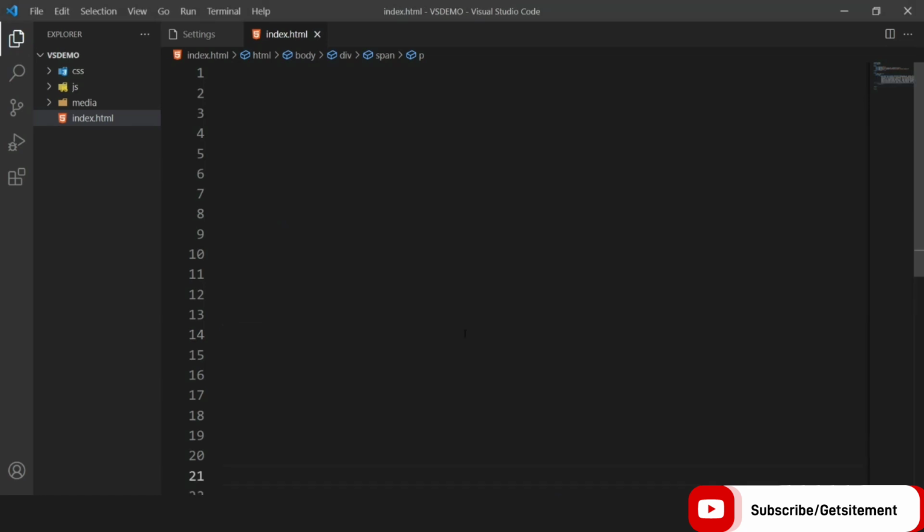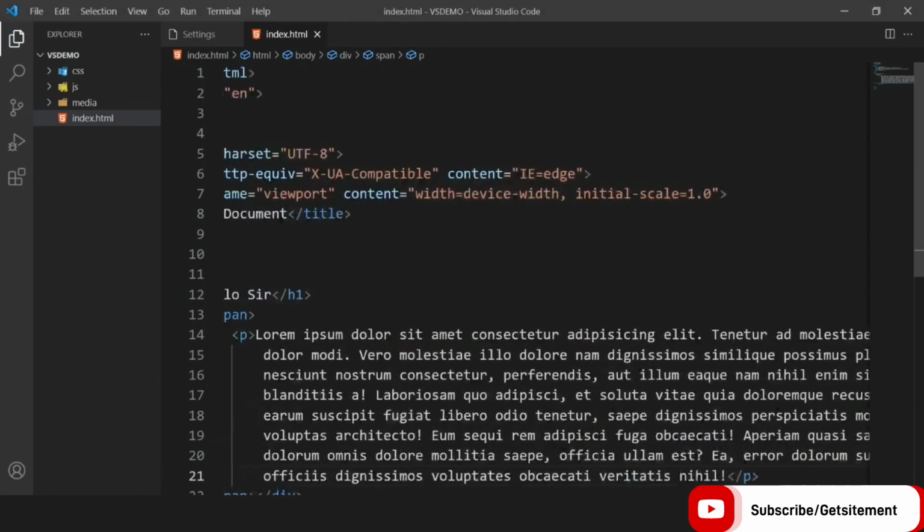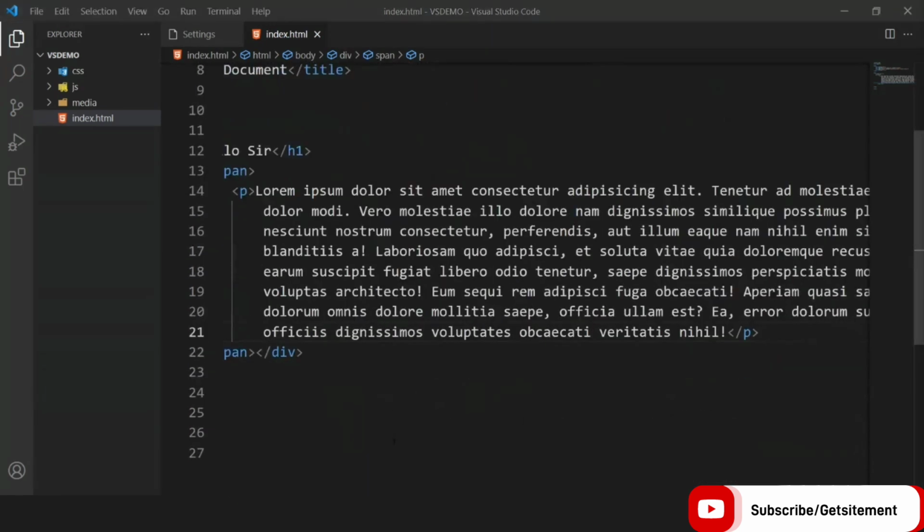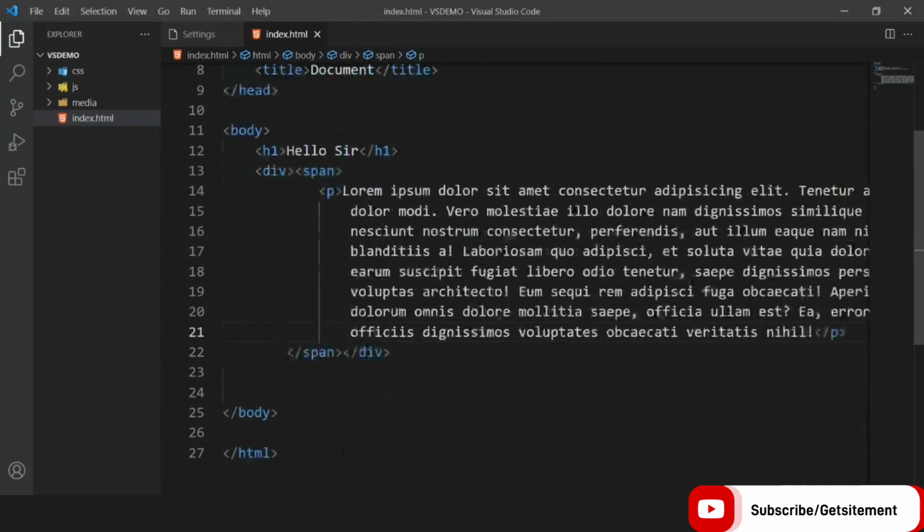And if I save this file, as you can see, it's completely blank. But the question is why? If you want to see your code, you need to move the horizontal scroll bar. Now you can see your code. As you can see, our content is overflowing from this text area. And if you want your content visible inside this area, in that case you need to turn on word